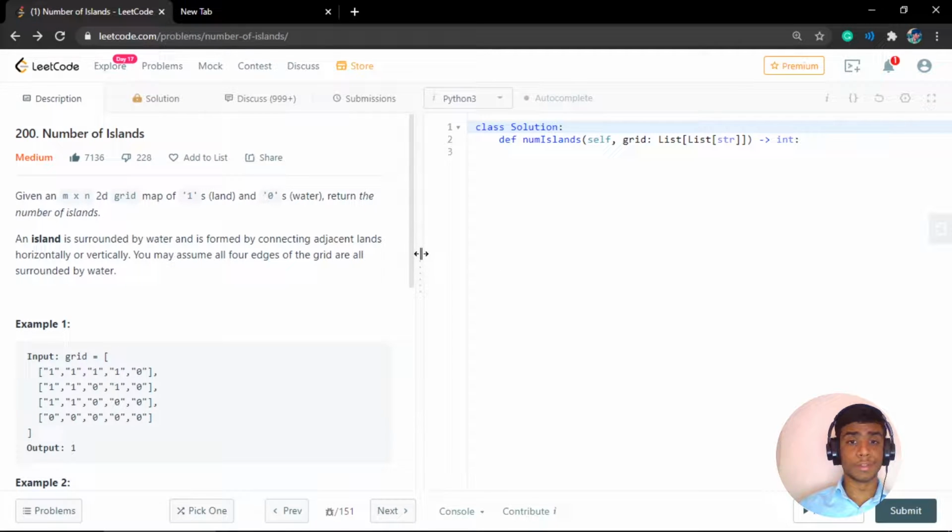Hello all. The problem today we're going to solve is called number of islands, and it is a very important problem. It has been asked in multiple coding interviews like Google and Microsoft. You can even find multiple interview experiences based on this problem all over the internet. And in LeetCode, it is under the medium tag, and it has over 7,000 likes to 300 dislikes, which means it is a very good problem.